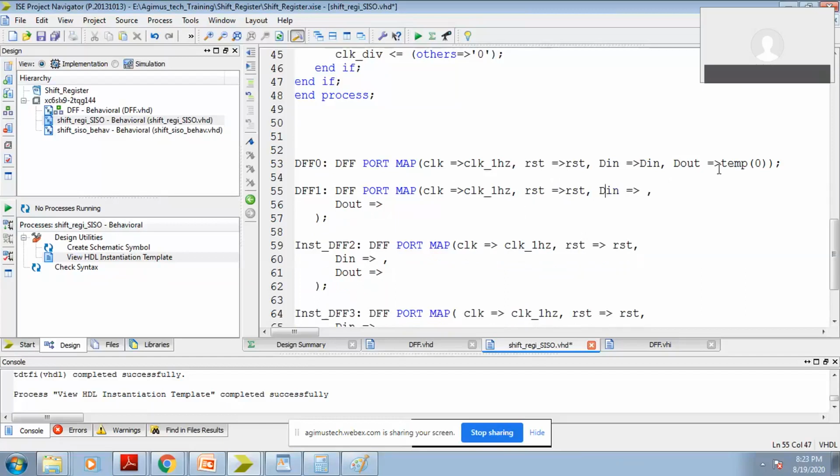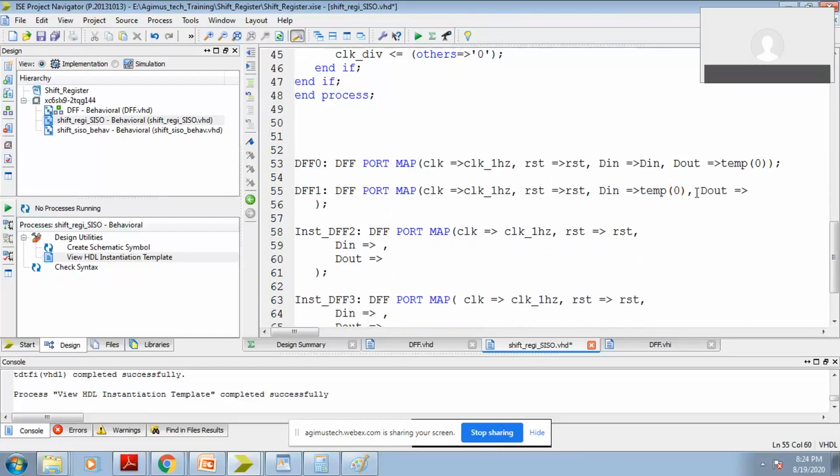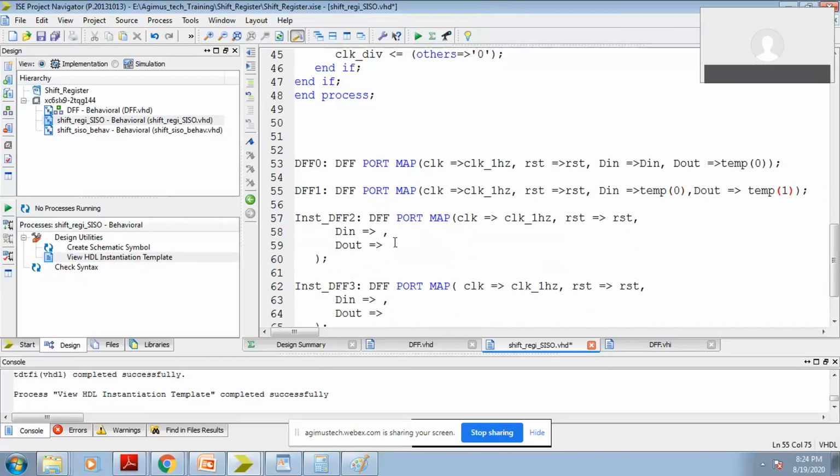This temp output will be the input for the next flip-flop. And the output of this flip-flop is nothing but temp 1.